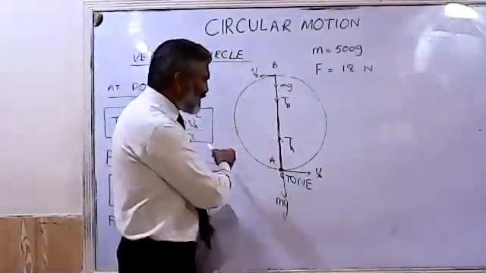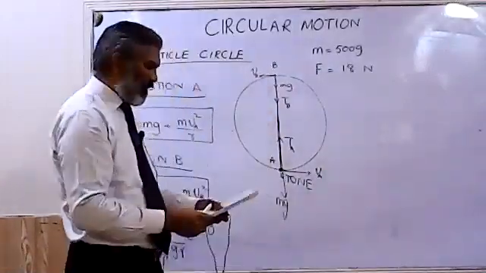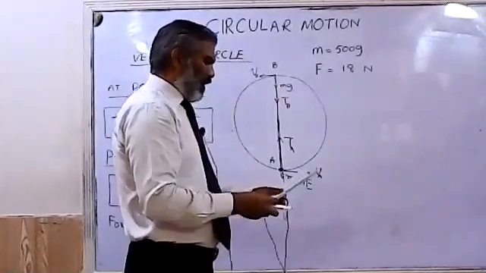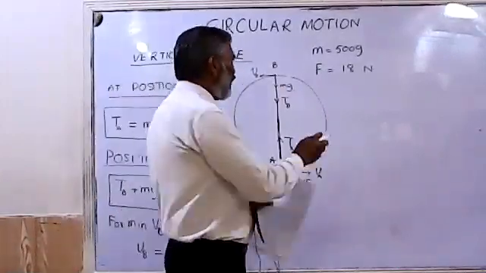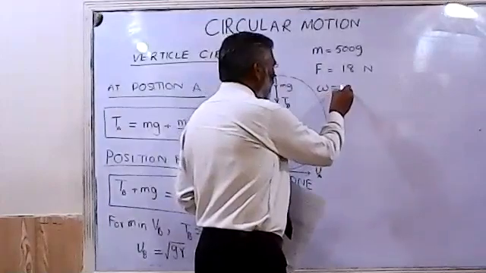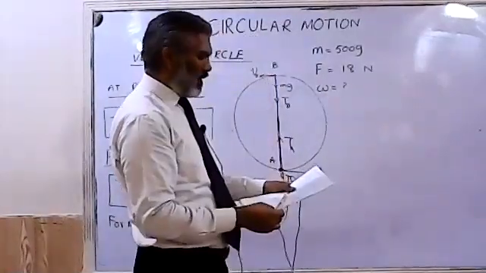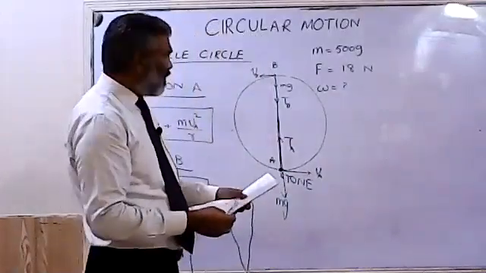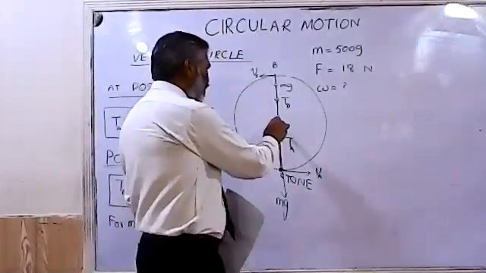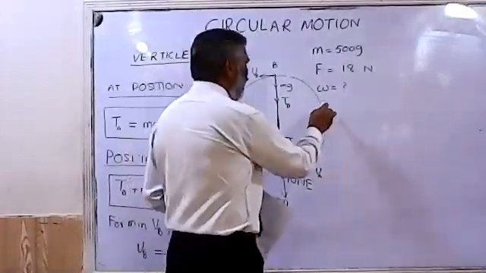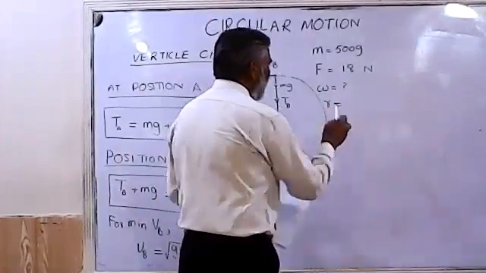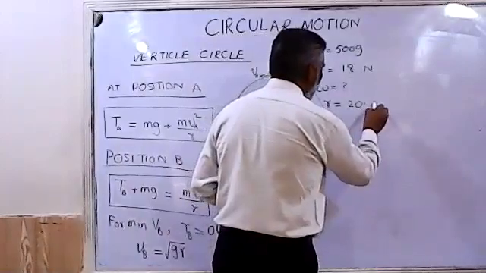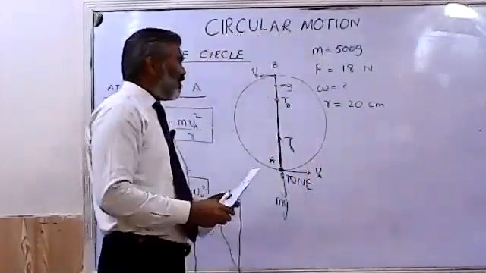As this rod is made to move in this manner with a constant angular speed, that we need to calculate. We need to calculate omega. And one more piece of information provided is the length of this rod. The length of this rod, that means radius, is equal to 20 centimeters. So with this information,